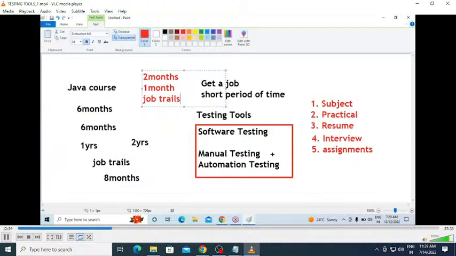So to get a job, we require the subject knowledge and the practical knowledge. So we need to do some real-time assignments, how the testing is carried out, and we have to prepare our resume. We need to maintain some keywords in that. Then we have to focus on the interview skills, how we will crack the interview. Then, so there is a boom for the testing